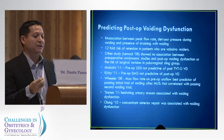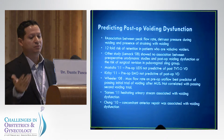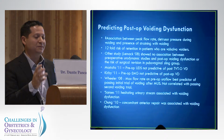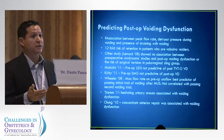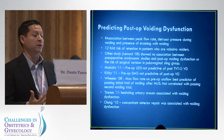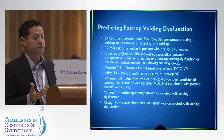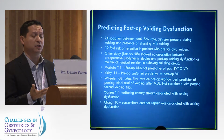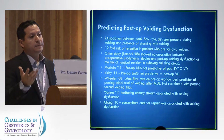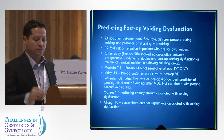However, the role of preoperative urodynamics in patients undergoing surgery to predict postoperative voiding dysfunction hasn't really been clarified. Perhaps there's a role in identifying, just on a uroflow, the maximal flow rate preoperatively to determine whether or not there's compromise beforehand that may relate to potential voiding dysfunction at the initial void after surgery. A hesitancy in terms of voiding, again, can be demonstrated on uroflow, and this may play a role. Surgery in the anterior compartment, incontinence surgery, these all will play a role in terms of increasing the rate of